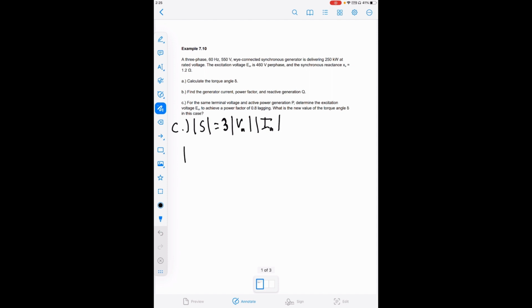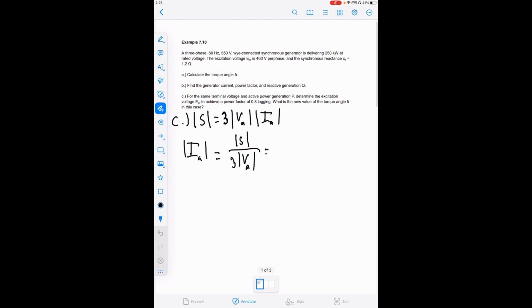So solving for the current, we get magnitude of S over 3 times the magnitude of the voltage, and then S is going to be equal to the power, 250 kilowatts, divided by our power factor of 0.8,